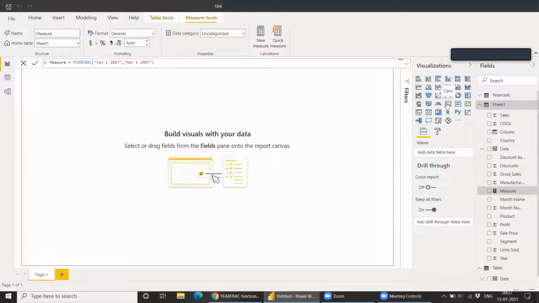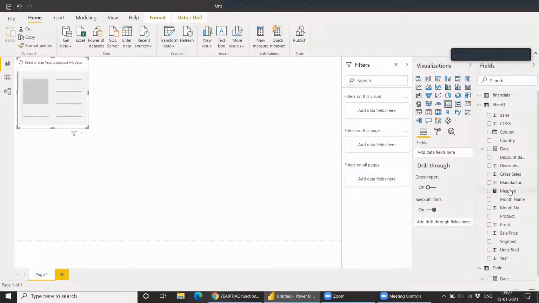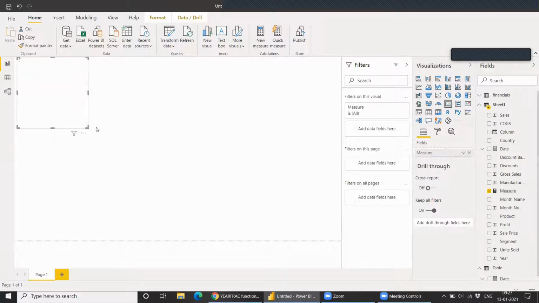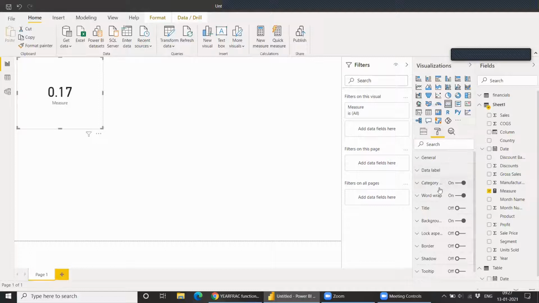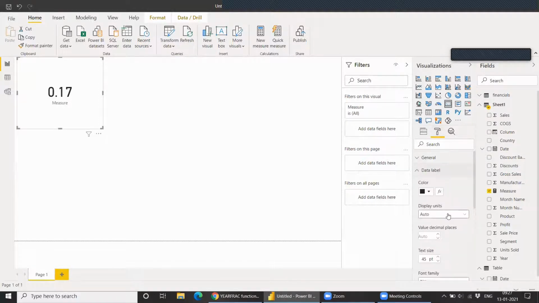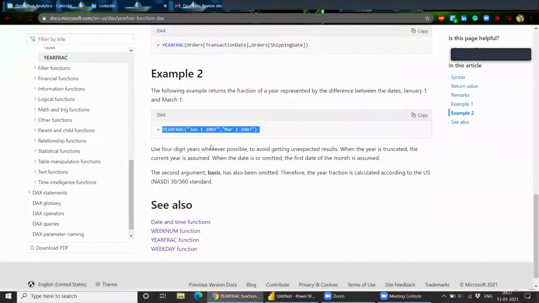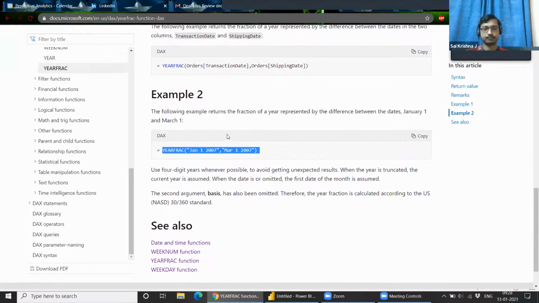We have created a measure of it. Even I'm not clear what exactly the function does, but it calculates the difference and divides by the total number of days in that year. This is what I got, but I'm not sure what exactly it is.